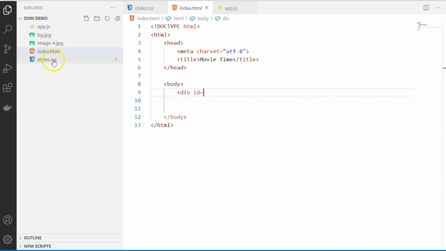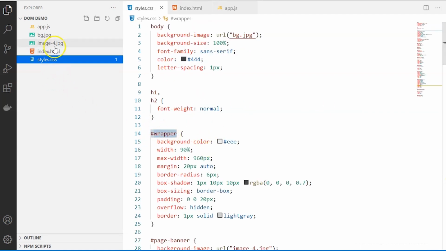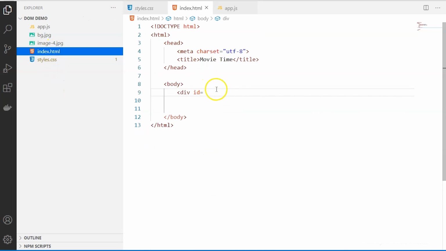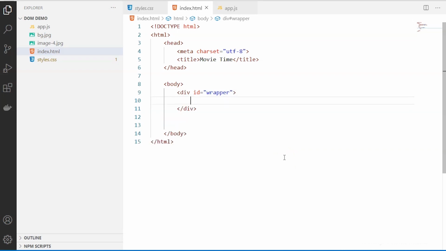So you can see I've used this hash, it means that we'll have to use an ID over here. So let's say wrapper. Now this is going to be my outermost div and all other elements are going to be present inside this div.